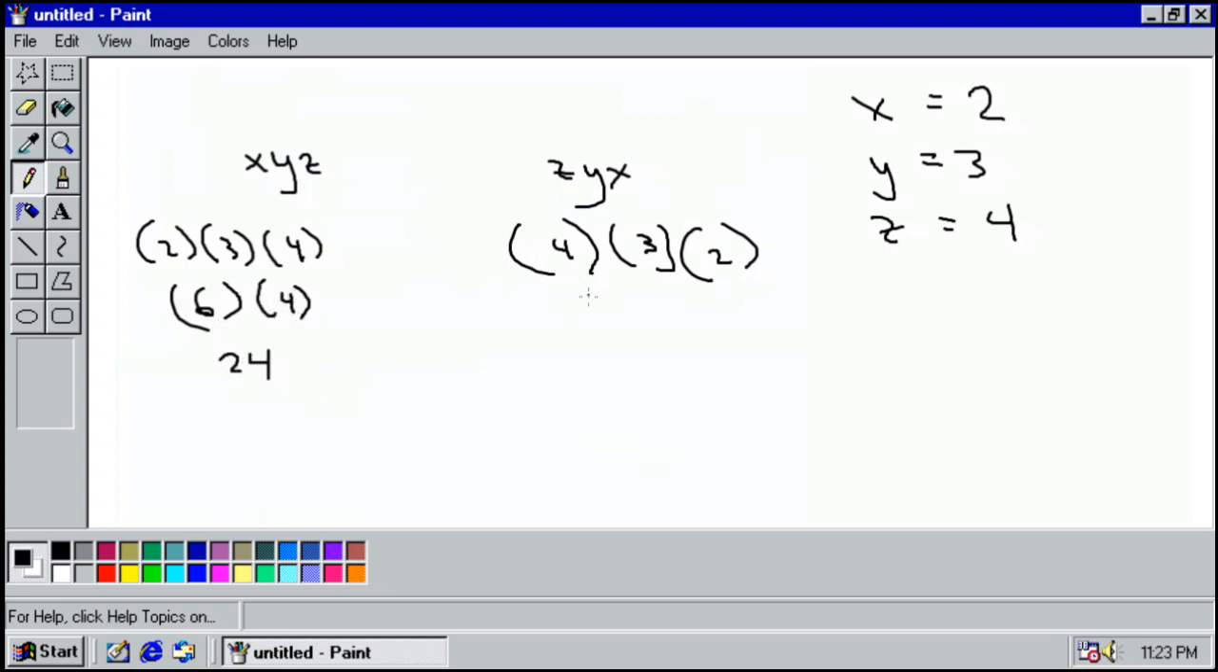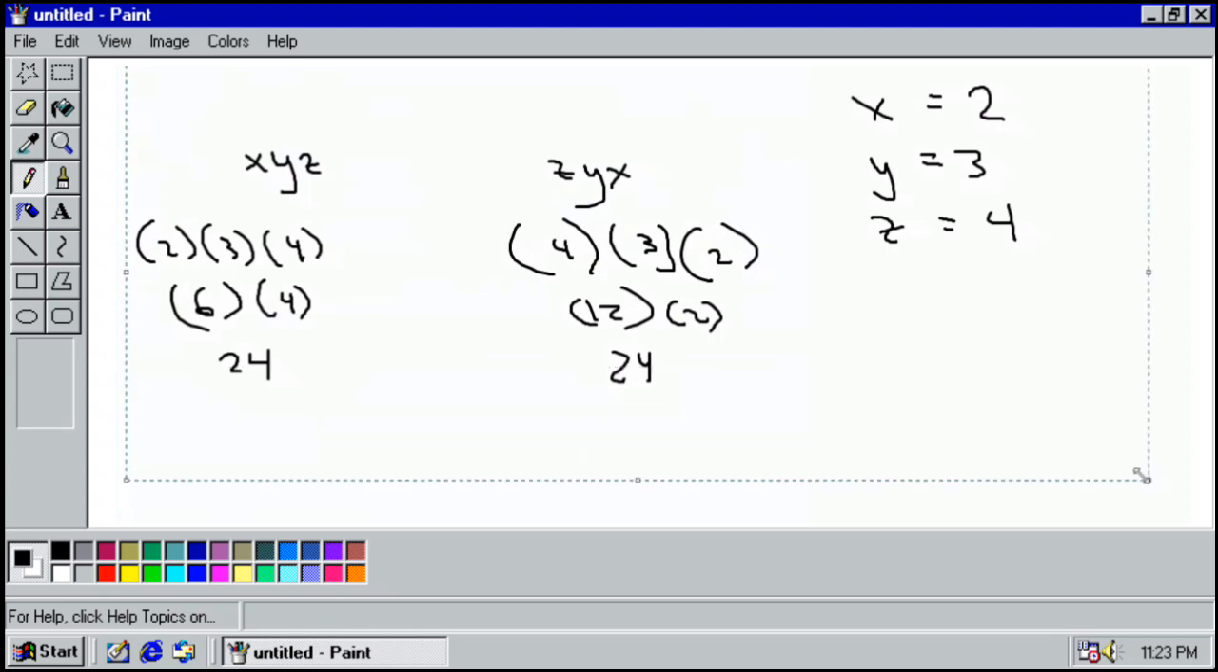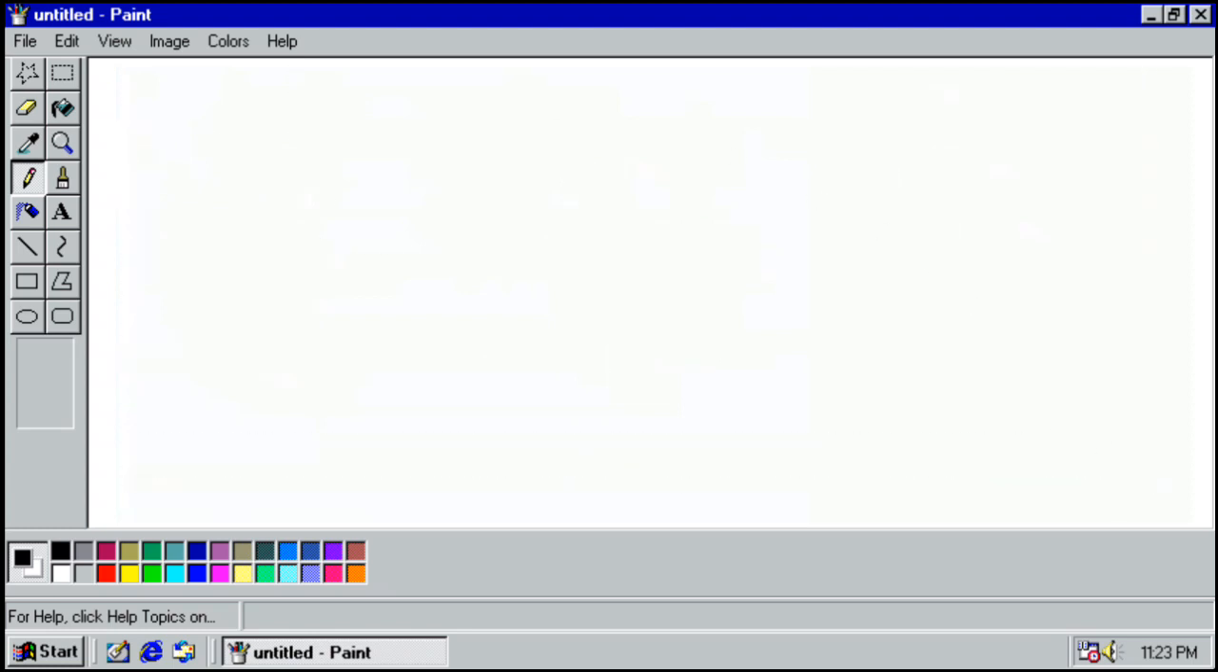And now let's do the other one. So 4 times 3 is 12, and 12 times 2 is 24. As you can see, they have the same value. So we add like terms by adding the coefficients of the terms, as shown in this example. Let's say we have